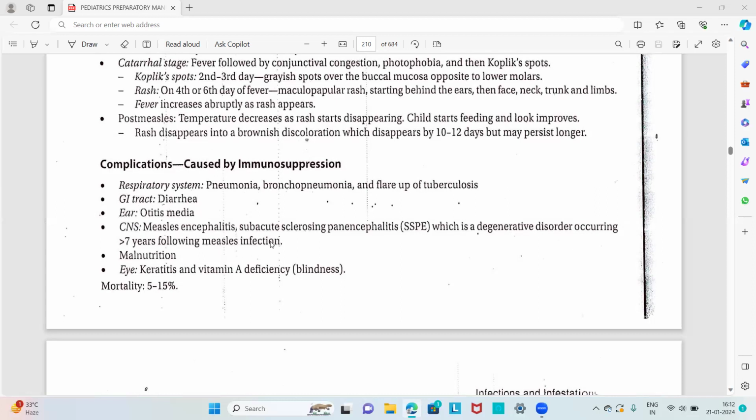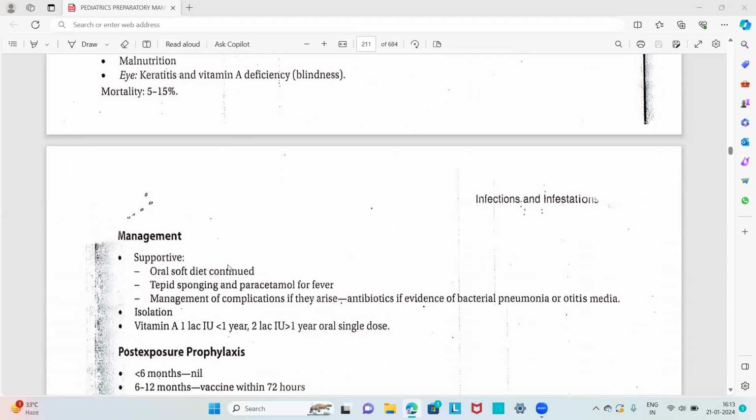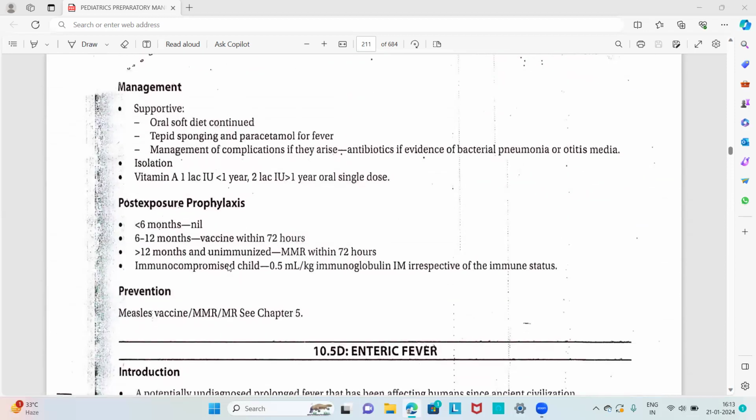The most common complication following measles infection is subacute sclerosing panencephalitis, that is SSPE. Other complications include malnutrition, keratitis in the eye, and vitamin D deficiency following the measles virus infection. The mortality of measles is about 5 to 50%. Then, about the management, that is, how will you manage